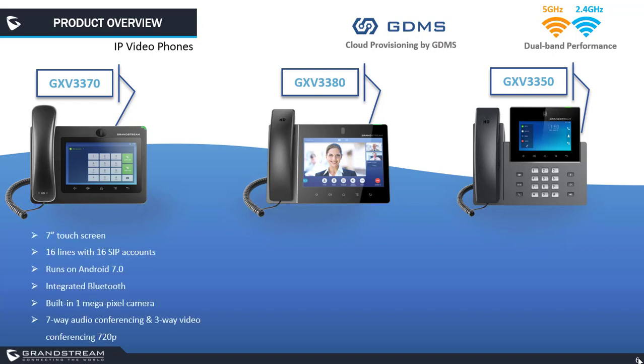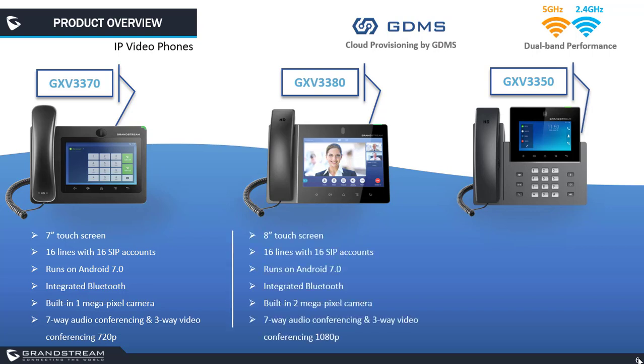So the first model in the GXV 3300 series is the GXV 3370. This one has a touch screen of 7 inches. It supports 16 lines with 16 SIP accounts. This model runs on Android version 7. It has integrated Bluetooth and a built-in camera of 1 megapixel. This phone can handle 7-way audio conferencing and 3-way video conferencing using the resolution